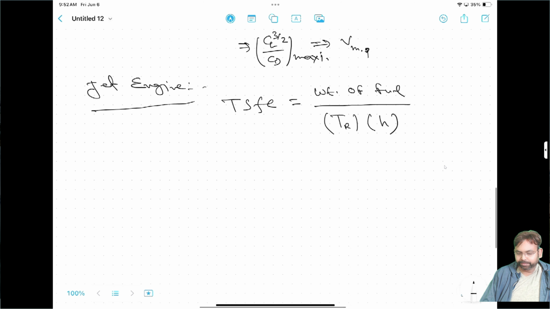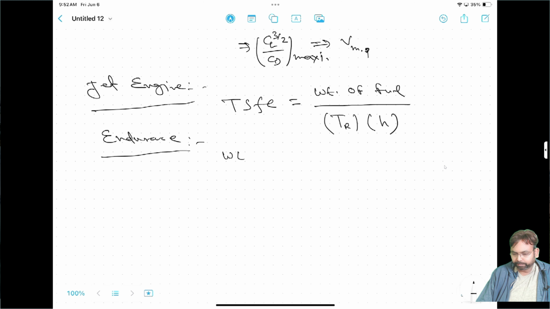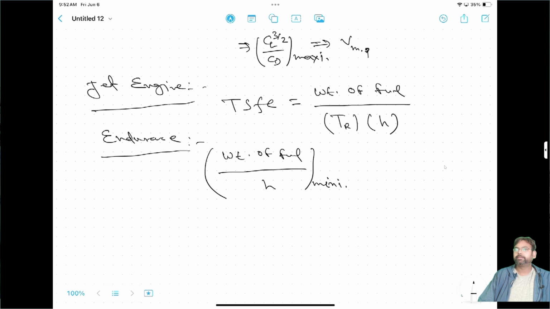So we can see here, if you want to maximize your endurance, then obviously weight of fuel per unit time must be minimum. Again I am repeating, if you are spending less fuel per unit time, then you can be airborne longer. From the above formula, this is equal to